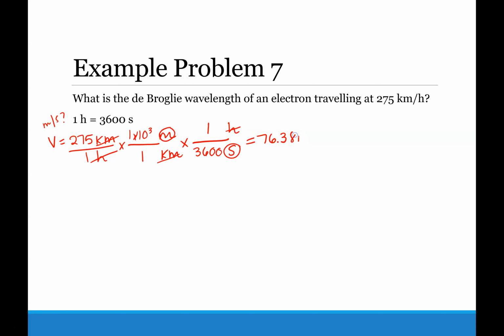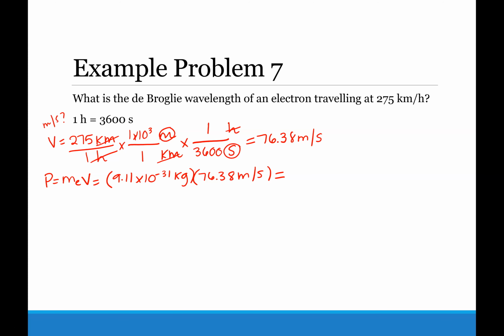76.38 meters per second. So now we're going to have to go back and use that particle momentum equation, and that's going to be P equals me times v, where me is the mass of an electron and v is the velocity that we calculated. So the mass of an electron will always be 9.11 times 10 to the minus 31 kilograms times 76.38 meters per second. Now would be a good time to put your calculator in scientific mode, since 10 to the